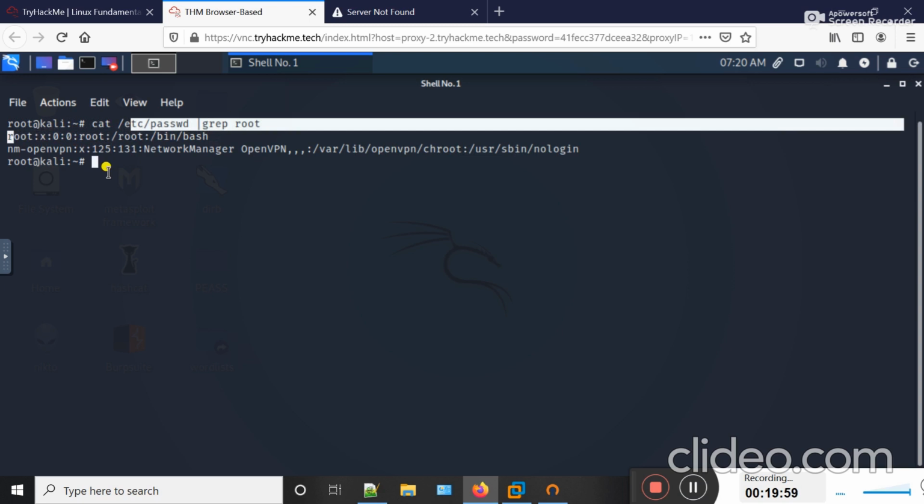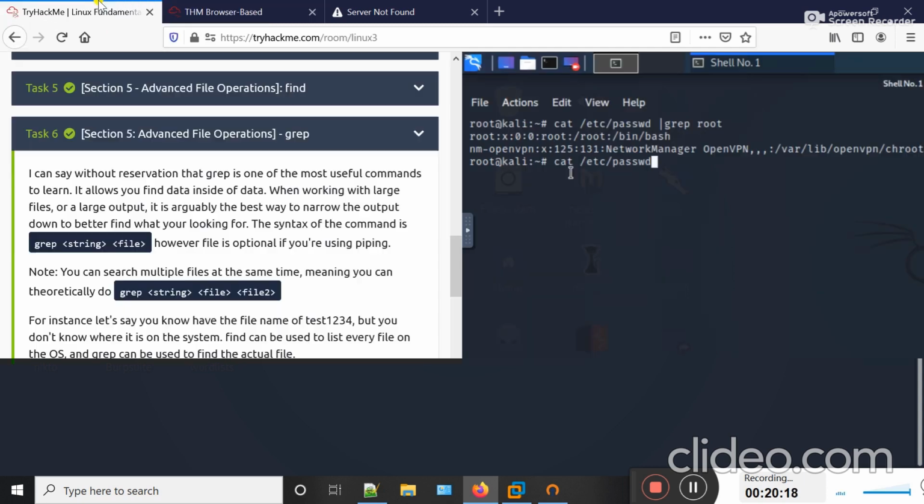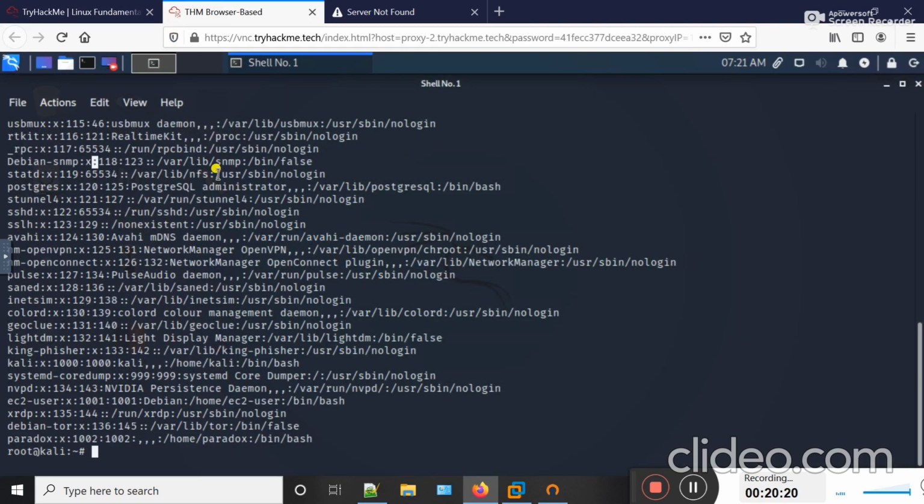If I use cat /etc/passwd only, without using the grep command, and hit enter, now what will happen? It will display all the users. Okay, now hope you can understand the concept of the grep command.